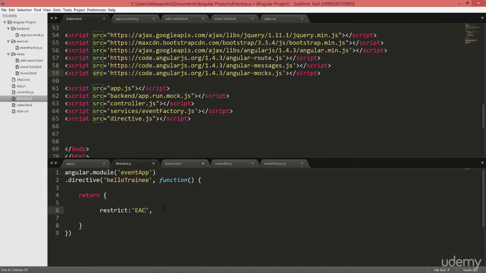So if we type EAC, we can use it both as an element, or as an attribute, or as a class. So if it's an element directive, it will be script, for example. It's a document object model element. If it's an attribute directive, the corresponding one will be SRC in a typical DOM. If it's a class directive, well, you know already. So in our case, that will be an element directive. Or maybe, yeah, let's define it in both ways. And then we'll just return a simple template that is just a bold text with